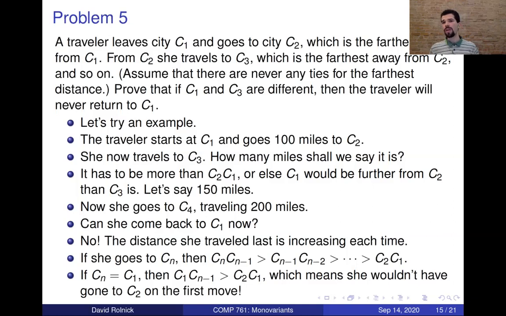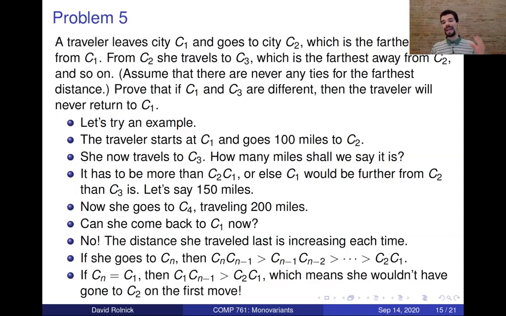There's a question about whether it depends upon the shape she's traveling on, though. No, it actually doesn't depend upon the shape she's traveling. It doesn't matter how distances are measured. That's why I didn't draw a picture. It could be distances along roads, just as long as the distance between two places is the same as the distance between the places switched. A to B is the same as distance from B to A.